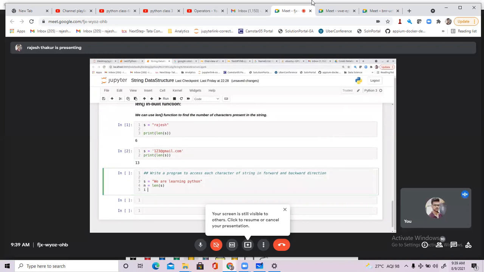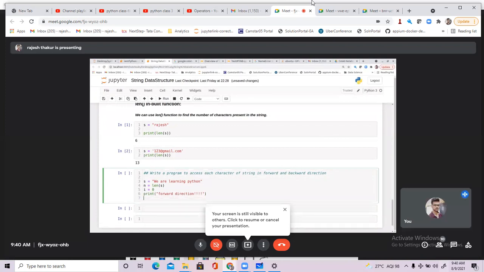You can use the for loop; no if and else, you can use that as well. Here I'm going to initialize, as you know very well how to use the while loop. Here I'm going to print in forward direction.